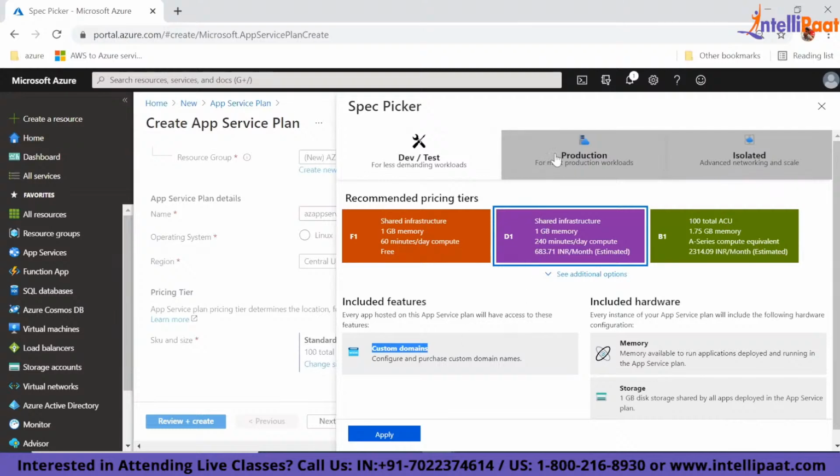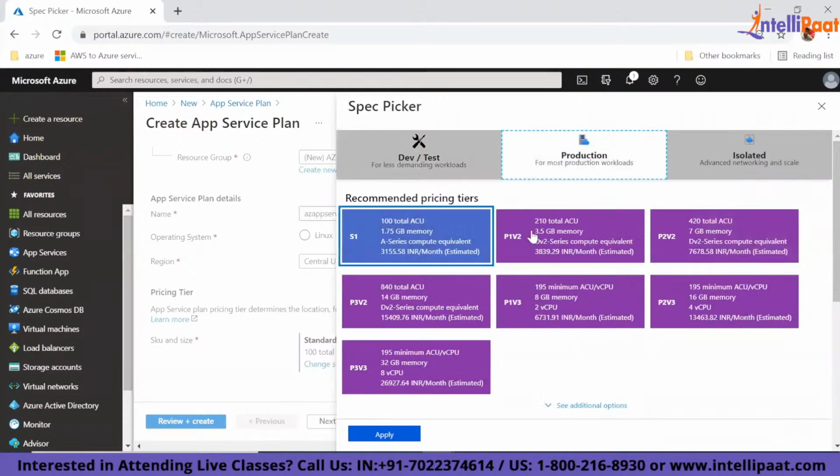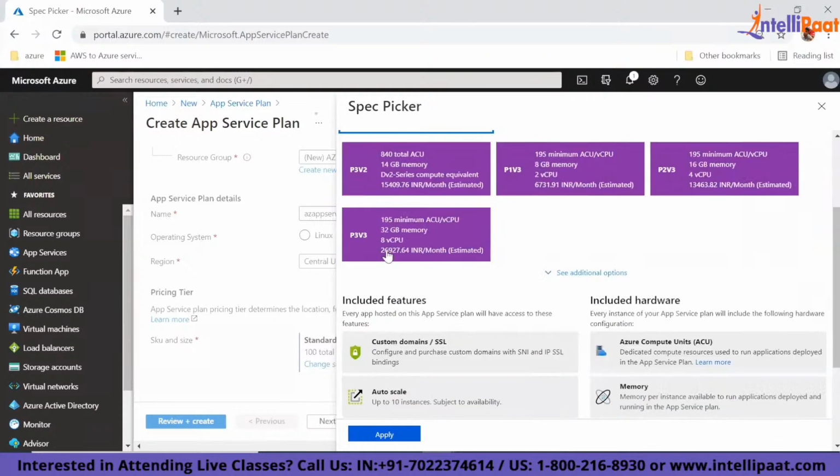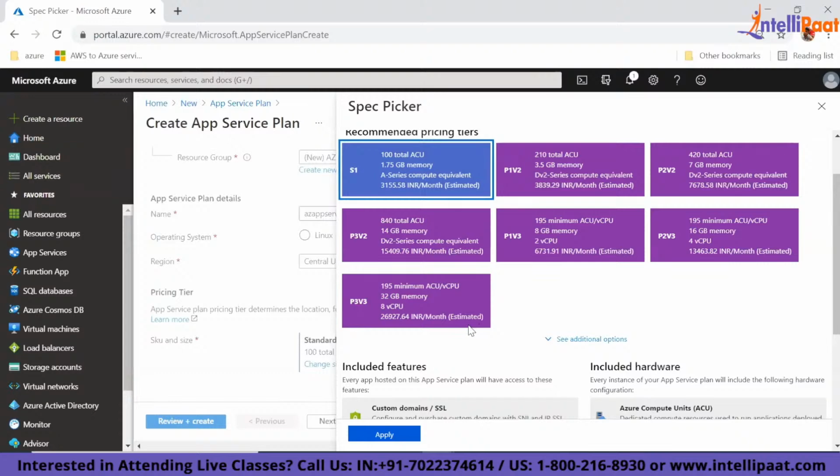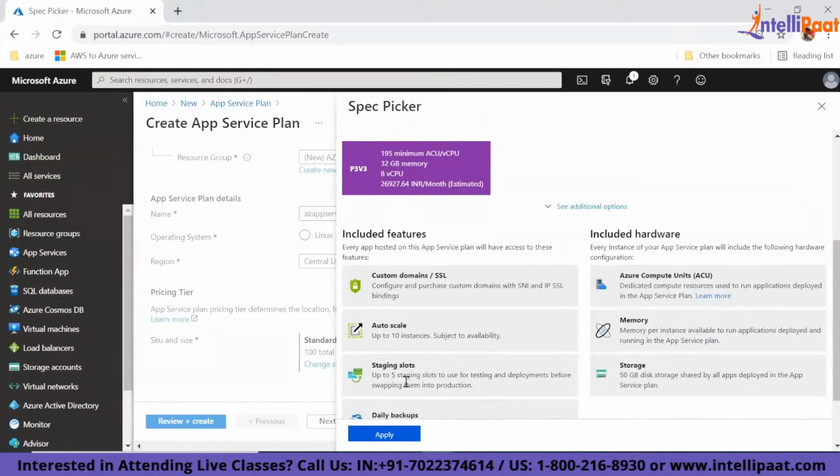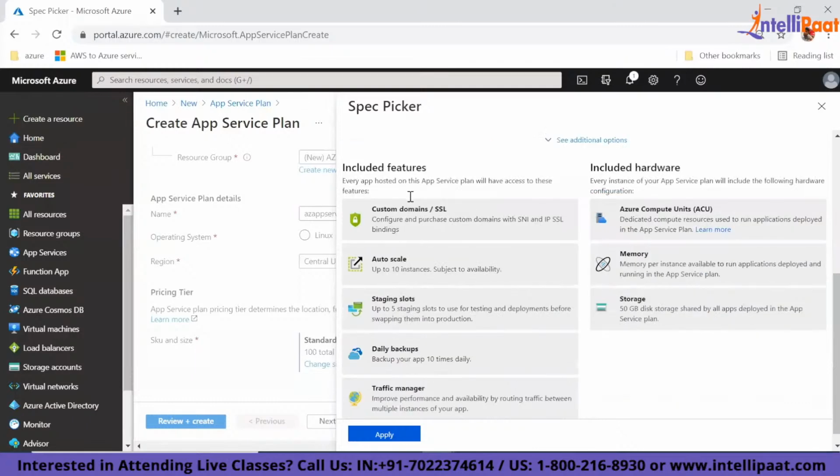Now let's go to a more advanced one where we will see most of the features what App Service provides. If I go to production and let's just pick, I think this one would do. Okay, so if you look here, these are the features what App Service provides. The first thing is custom domain and SSL. So custom domain we already talked about.